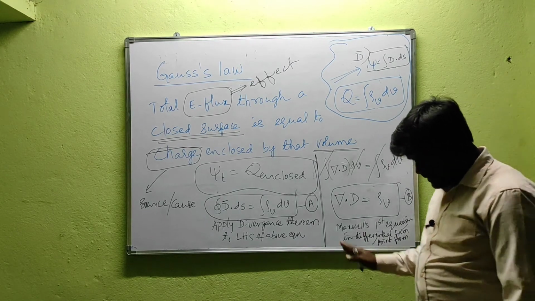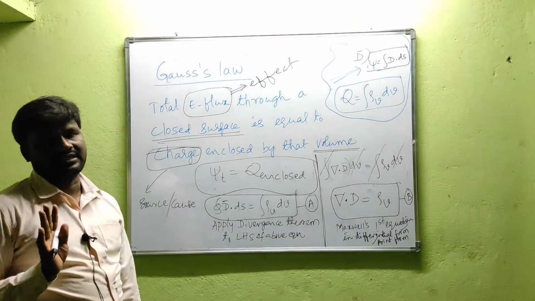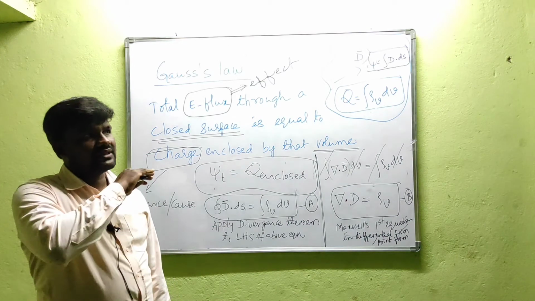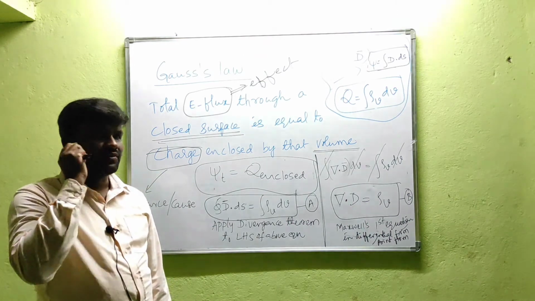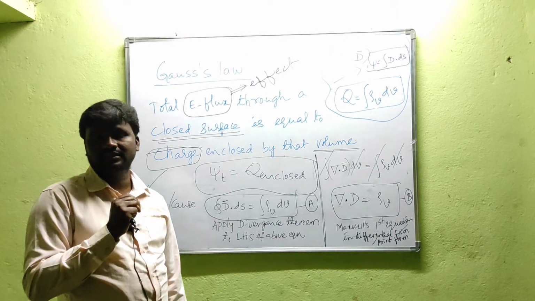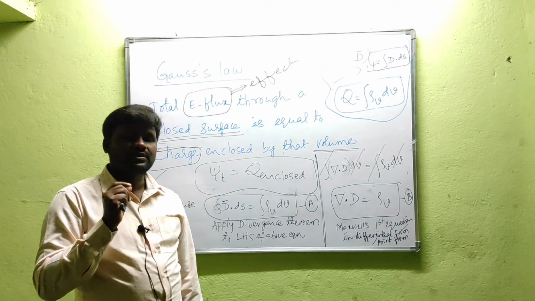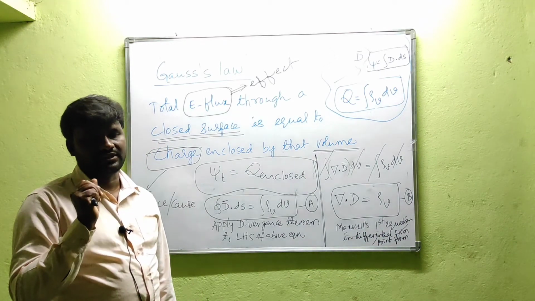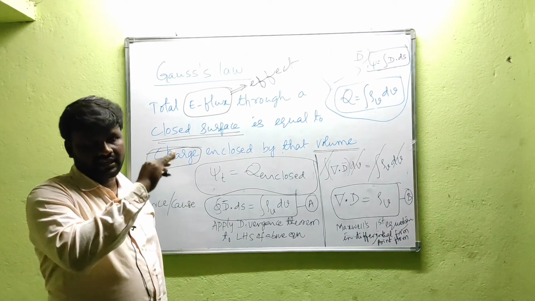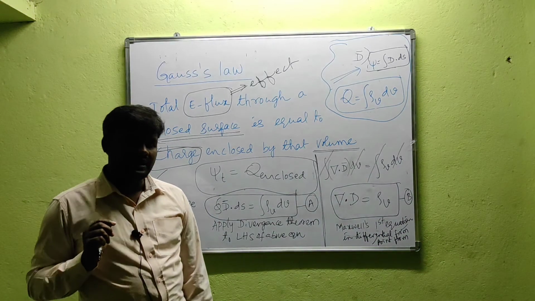Okay. In today's class, what have we discussed? First we discussed electric flux density. In the name, electric flux means what? Electric flux is nothing but the electric field lines. What is the source of the electric field? It is nothing but the charge. We have two types of electric charges: positive charge and negative charge. This electric field or electric flux emanates from a positive charge and terminates at a negative charge.